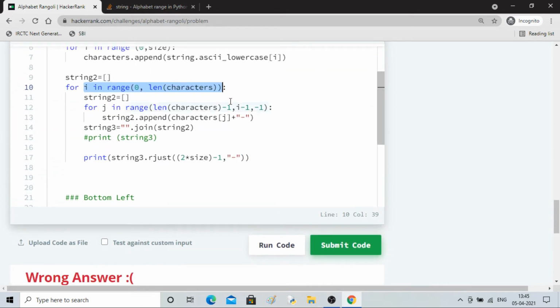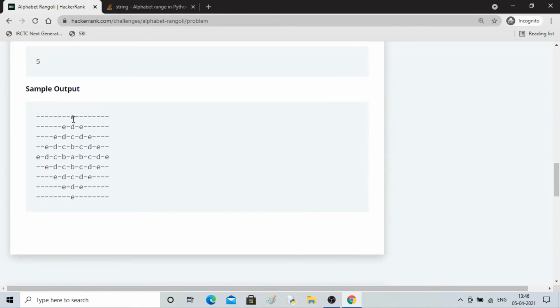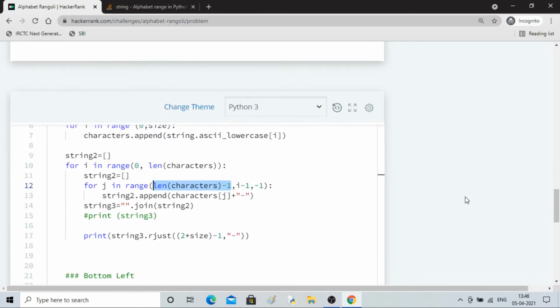This thing we have to start in a different way. The sequence will be the same: it has to start with E, then ED, then EDC, EDCB, EDCBA, but in a reverse manner.